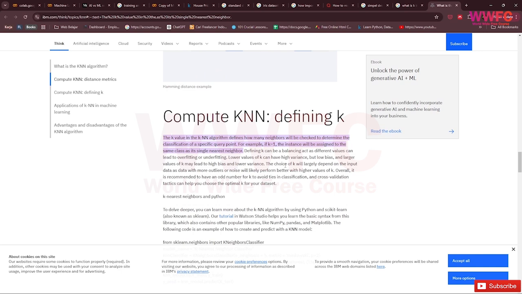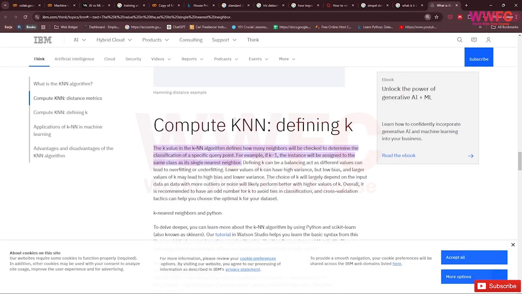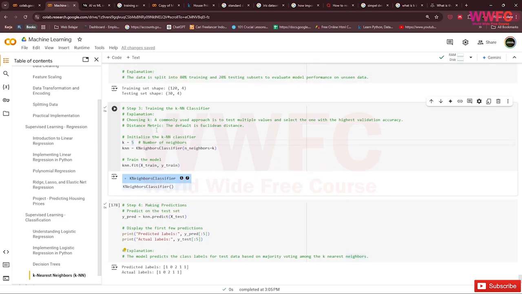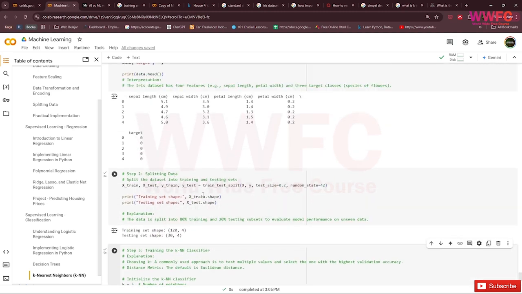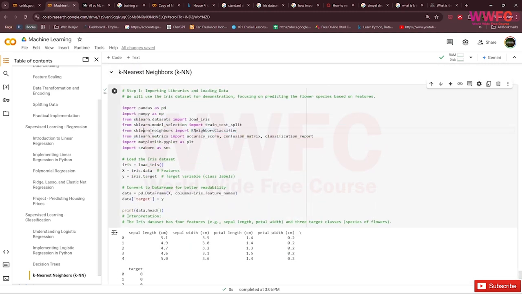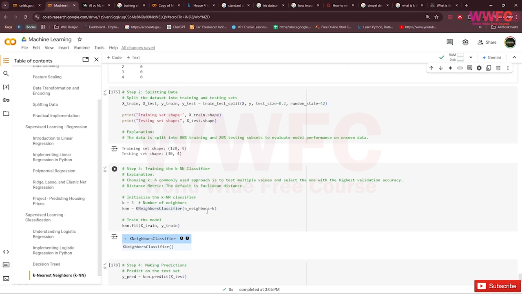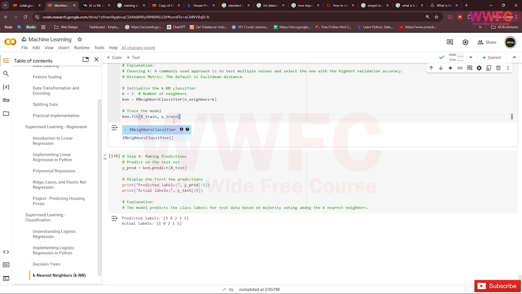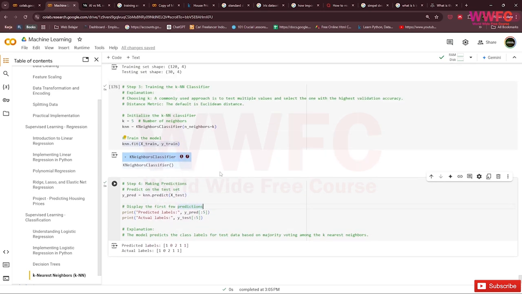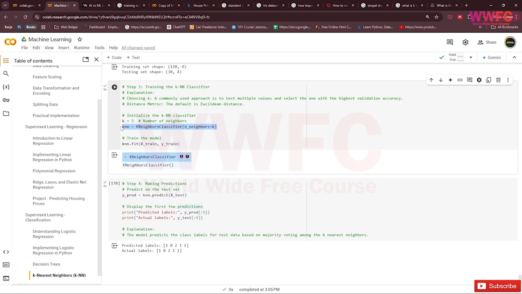So if you don't really understand it, it's okay, but the more important thing is you know the KNN model is using KNN neighbor classifiers from sklearn neighbors. So we use this sklearn neighbors for models, we use this as the KNN neighbor, and then fit the train model. So this is what you need to know, but I'm just adding some information that is optional. This is the basic information that you should know. If you just know this, then you're fine, right?